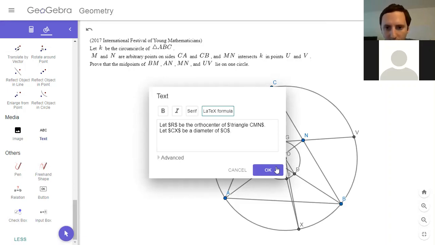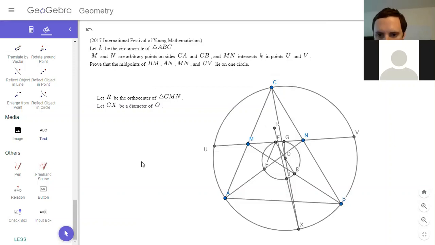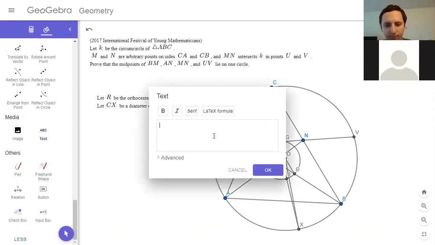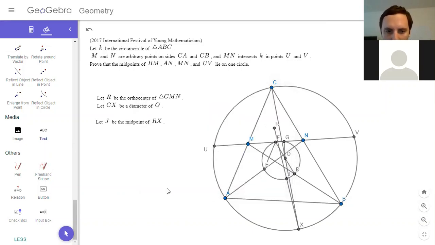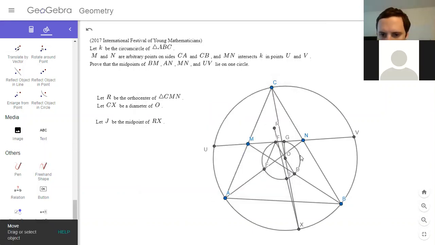And then you say let J be the midpoint of RX, right? And then how do we show